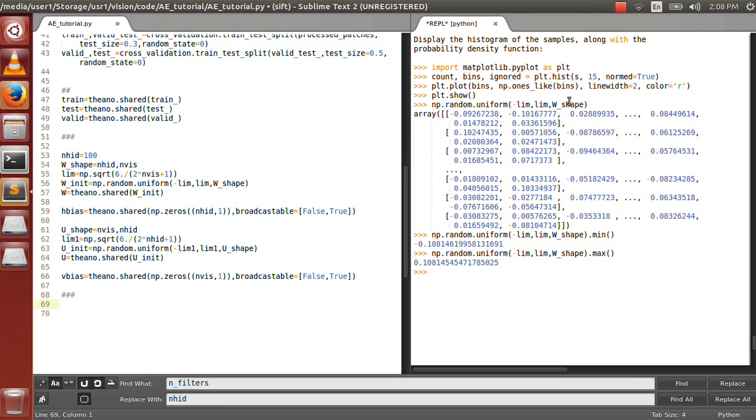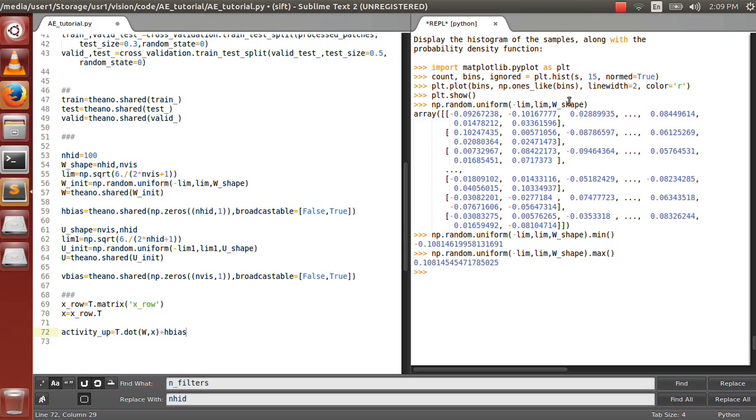Similar to W's limits, we'll define the limits for U as p dot sqrt. Now the reconstruction units are not going to be used further to feed into the hidden layer again and to propagate the signal of the reconstruction back up to the hidden layer. So actually they don't really have a fan out. For symmetry's sake, with the initialization used for W, we'll use this form nonetheless.